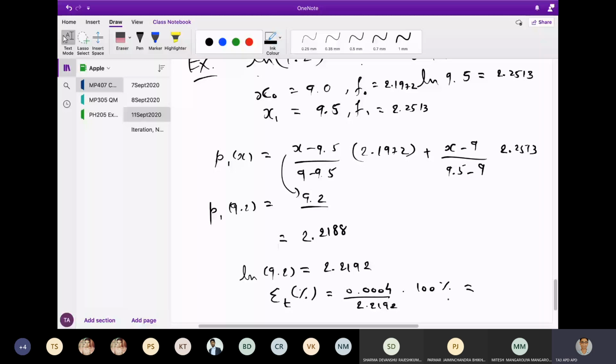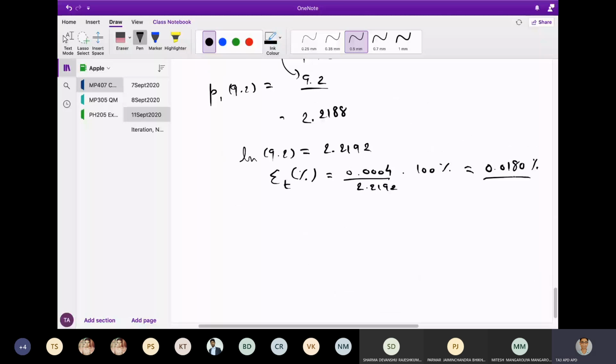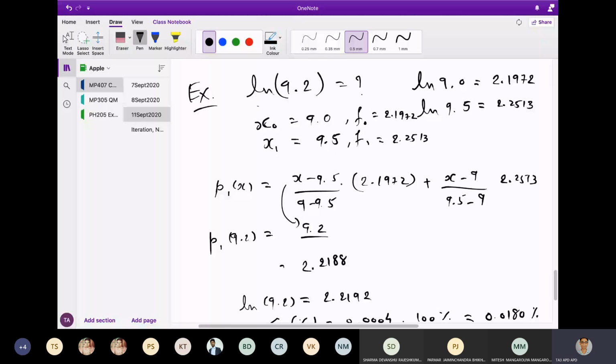Divided by 2.2192. So this is going to be 0.0180%. So this is the relative percentage error. Okay, now let's remember this, and now let us take one more data point. Whatever we have done so far, it is simply